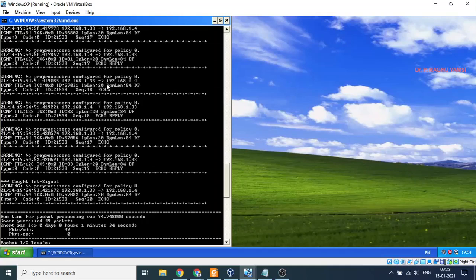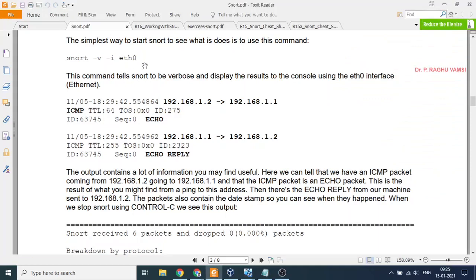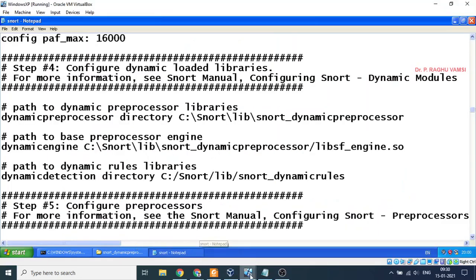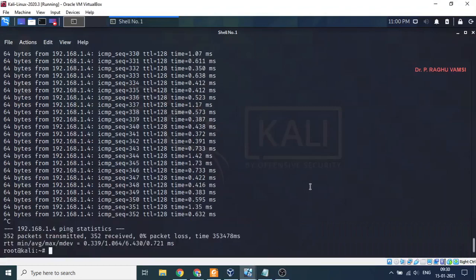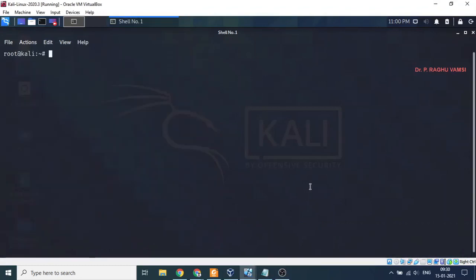So you are supposed to configure the preprocessor for this Snort so that next time you will not get an error like this. In this tutorial, I think the author might have written the preprocessor configuration scripts, so he is not getting that error. So how to configure the configuration script? In Windows, the configuration script will be available in the root folder of Snort, in the etc subfolder. But in case of the Linux operating system, it will be automatically configured, so we don't need to configure again and again.